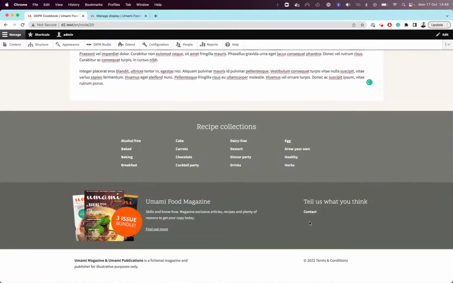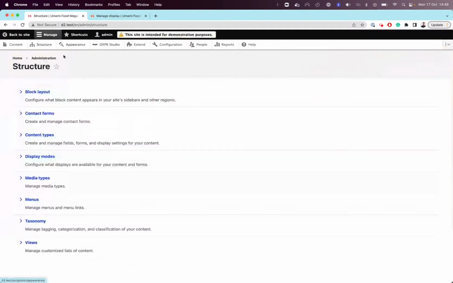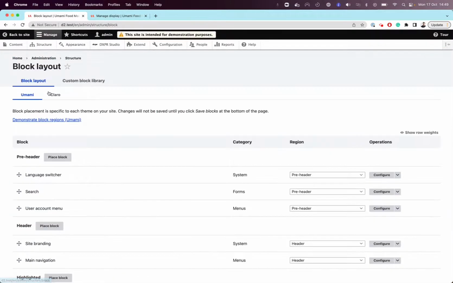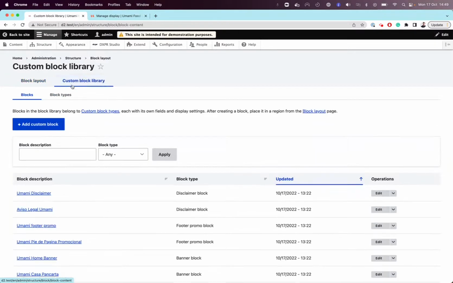Okay, so what I want to do next is make the block content in the footer editable with the DXPR Builder as well, so that I can design the footer content using our visual content editing tool. To do that, we need to first know what types of block we have. So if we go to structure, then block layout, custom block library,